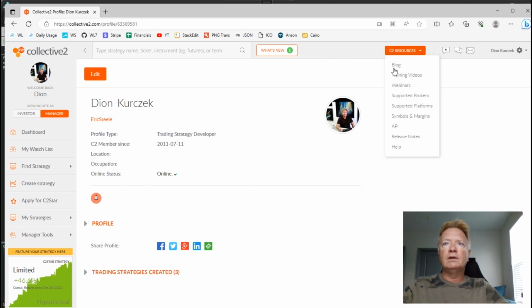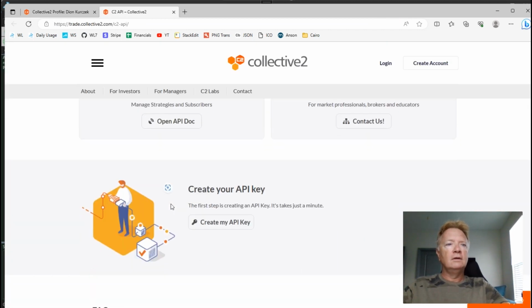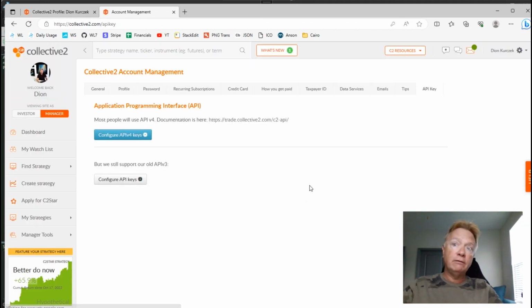Secondly, if I go to C2 Resources API, you'll need to create an API key. So click there. I've already created a key, of course, but you'll go here and you'll create an API 4 key. Do not use the API 3. We're connecting using the API 4 key. So once you have your numeric user ID and your API key, let's see how we can now connect to